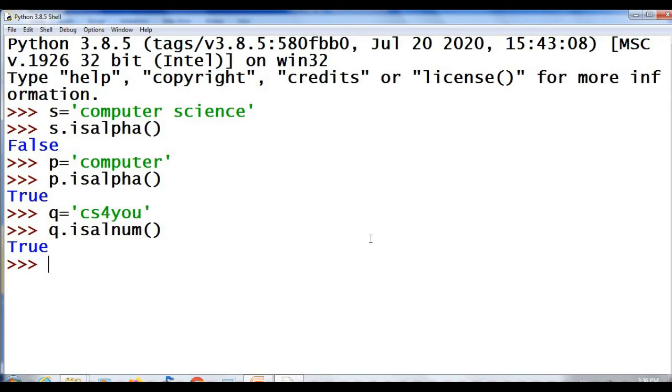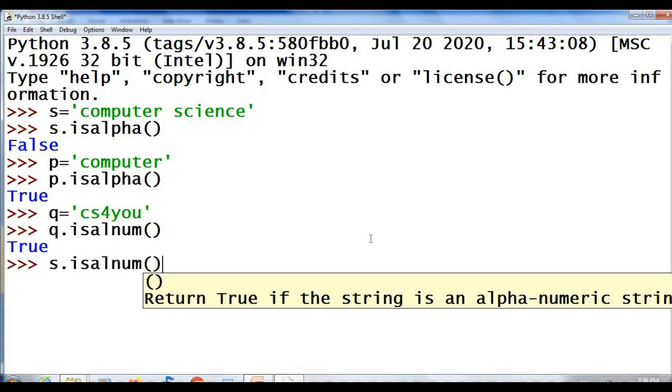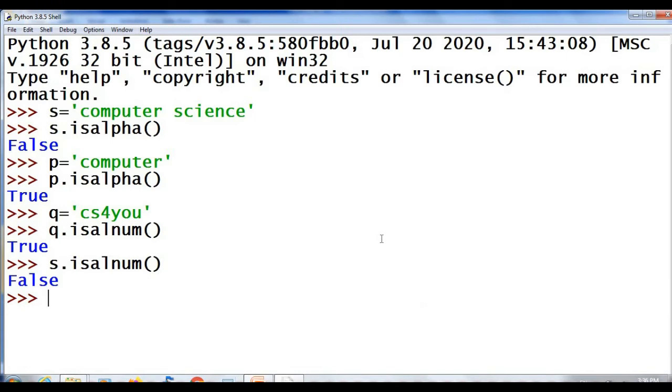What will be the result of s.isalnum()? It is false because this computer science contains a space. What will be the result of q.isalpha()? It will return false because q contains a digit. But isalnum will return true because isalnum will check whether the string contains alphabet or a numeric value.